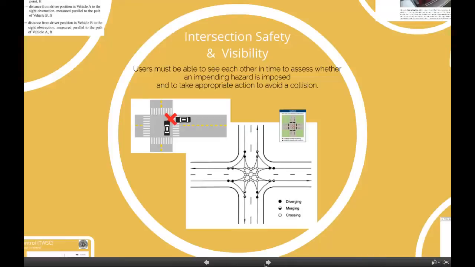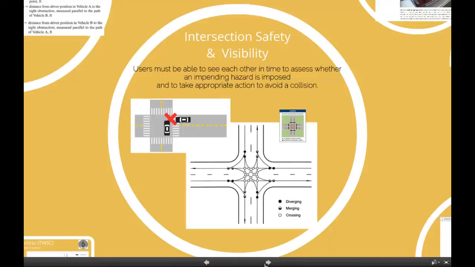approach move left, through, and right, and pedestrians move from one corner to the next. Users must be able to see each other in time to assess whether an impending hazard is imposed, and with time to stop or yield as necessary to avoid collision. Where it is not reasonable for users to perceive and avoid conflict, traffic controls are installed to restrict and assist. The controls are selected and placed to manage the various movements in a manner that promotes safe and efficient travel